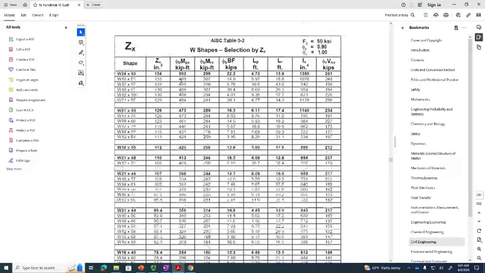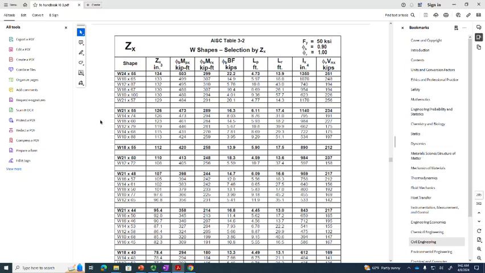They give you, look at this, they give you the ZX charts, right? So the ZX charts, remember the top row is bolded. They give you ZX, PMP, PMR, BF, LP, LR, all this. Again, they don't give you everything, and they don't give it to you for every shape, okay? But they give you enough to negotiate the exam. And notice how they're only giving you LRFD terms. No green numbers and blue numbers, just the blue numbers, okay?